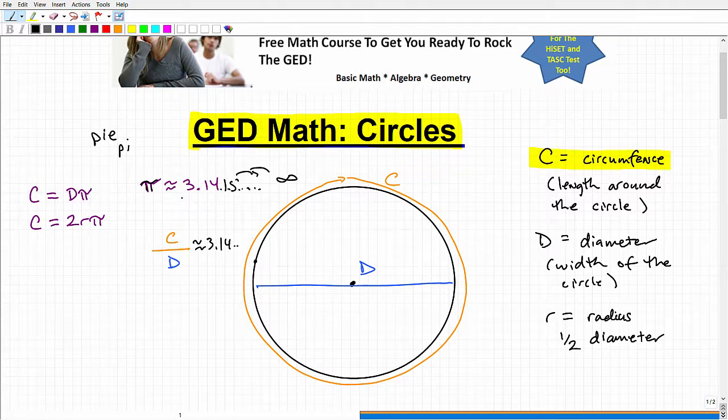So this is what we call a non-repeating and a non-terminating decimal. So the more digits I use of it, the more accurate my answers are going to be. So when it comes to calculation purposes, we just use 3.14 now as an approximate value